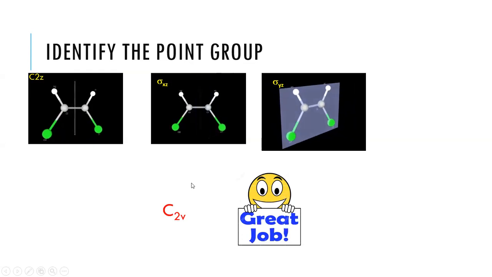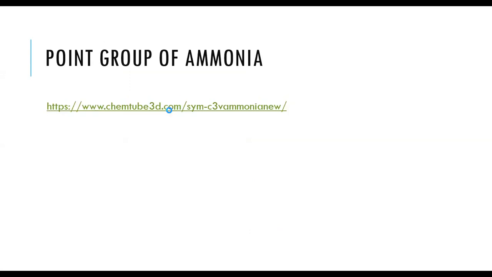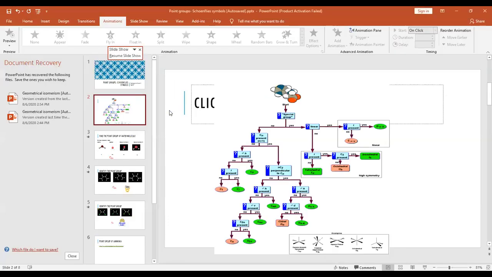So this is once again, if you are correct in guessing, then you may again pat yourself on the back. And now we'll just visit this site, and we'll try to see the elements of symmetry in ammonia. This is the ammonia molecule, and here the elements of symmetry are shown. Here you have a C3 axis and 3 planes of symmetry. So the planes are designated like this.